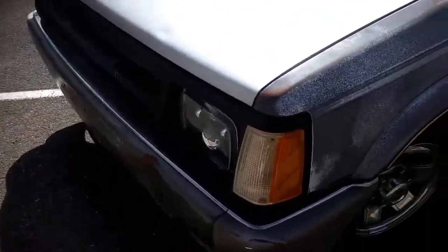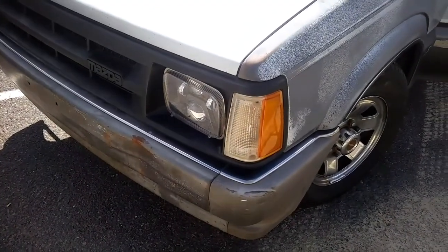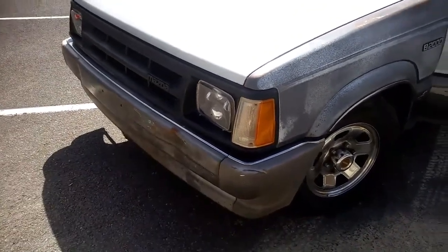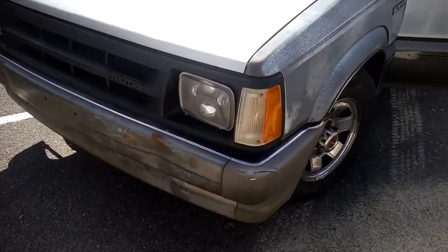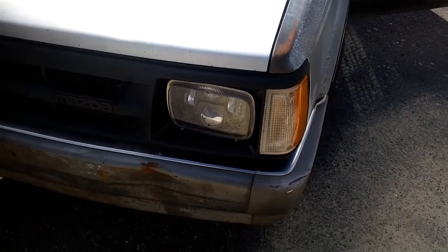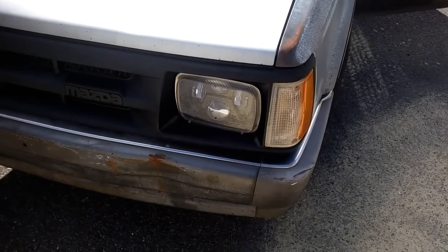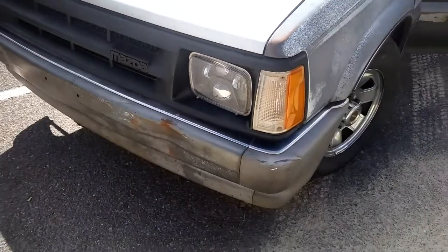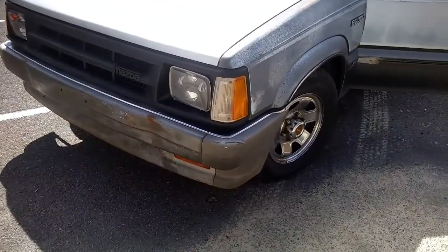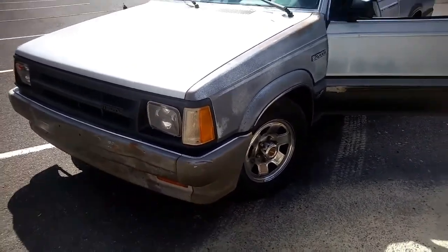I put these in and hadn't changed the aim from where the old sealed beams were, and these were pointed to the sky. Maybe that's an exaggeration, but they were certainly not effective. They were probably blinding other drivers. So I had to re-aim them, and now that they're re-aimed, they're much brighter than the sealed beams, and they're also not blinding other drivers. Yeah, anyway, so paint,